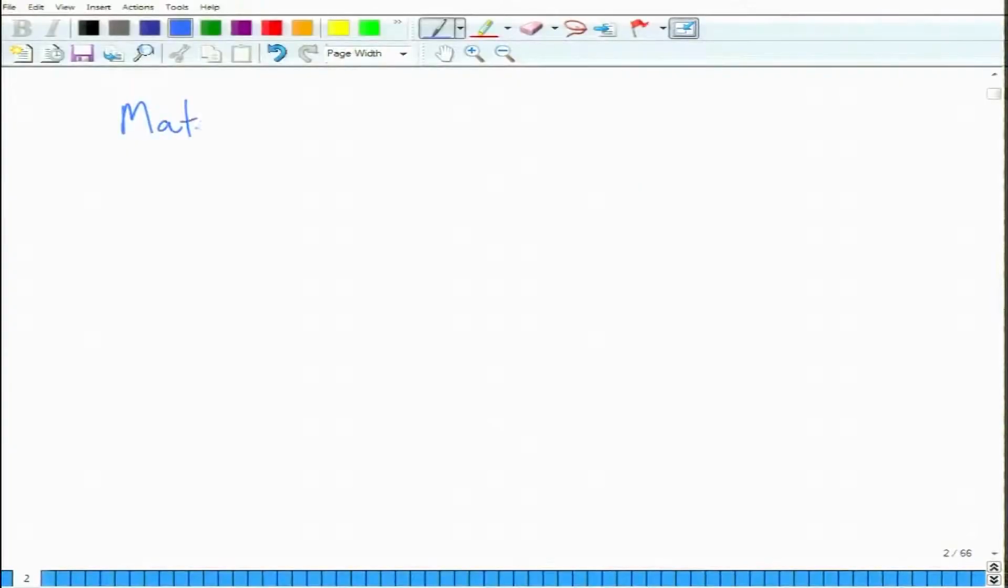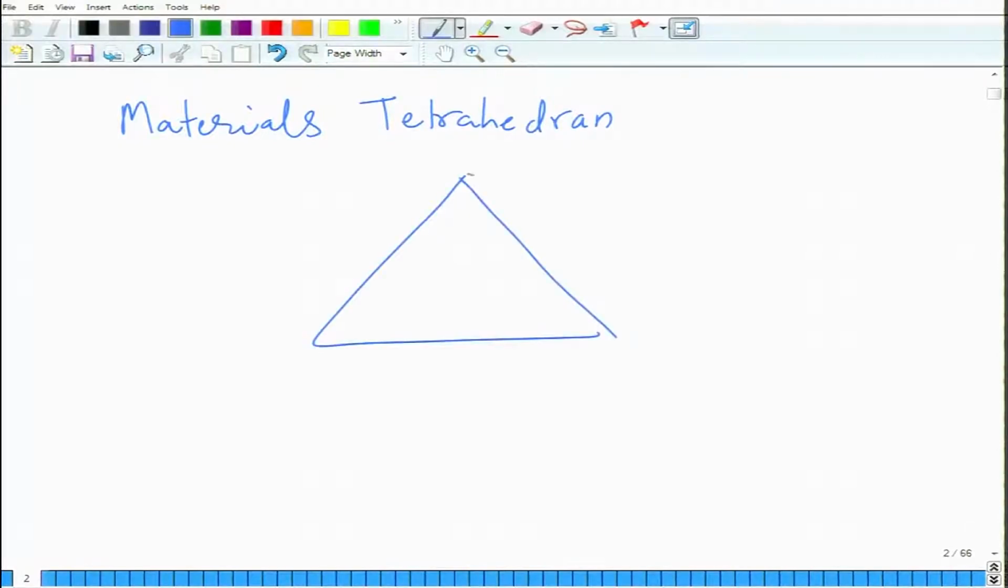Okay, so we again start with a new lecture. Let me just recap the last lecture. In the last lecture, we learnt about materials tetrahedron, and basically this was about you can make a tetrahedra like this,